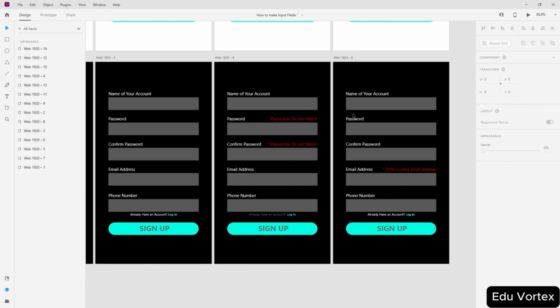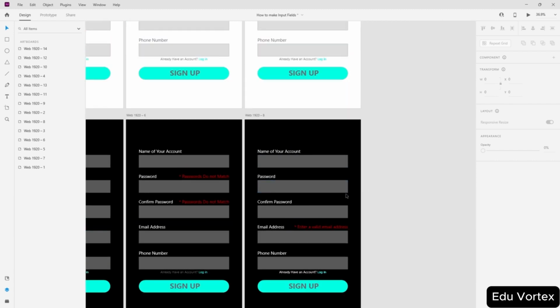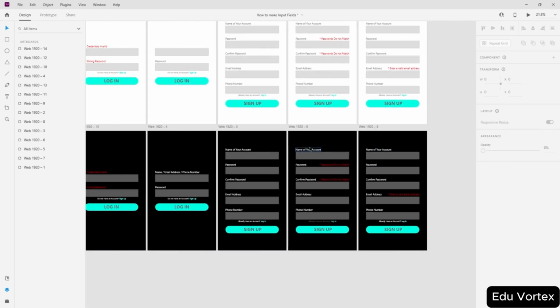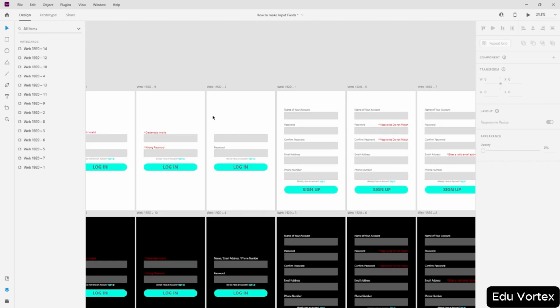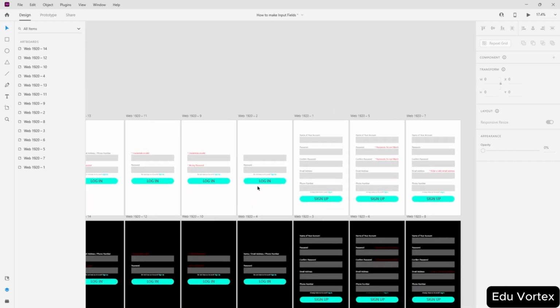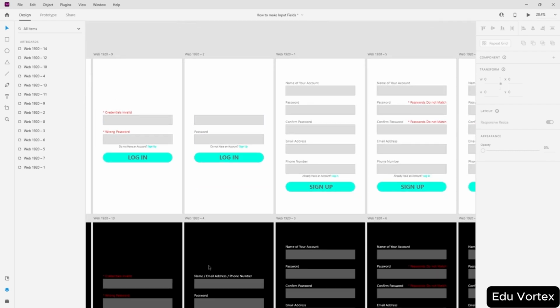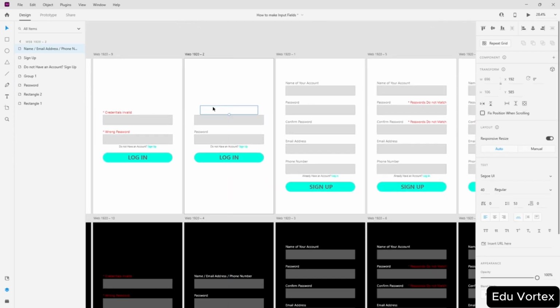So you have the name, account here. You can have different types of windows as well, like passwords do not match is one part, and you have password not strong enough as well. Let's start from the beginning. The difference between the two is one's light themed and one's a dark theme. So to guide you through, first copy this and paste this right over here,